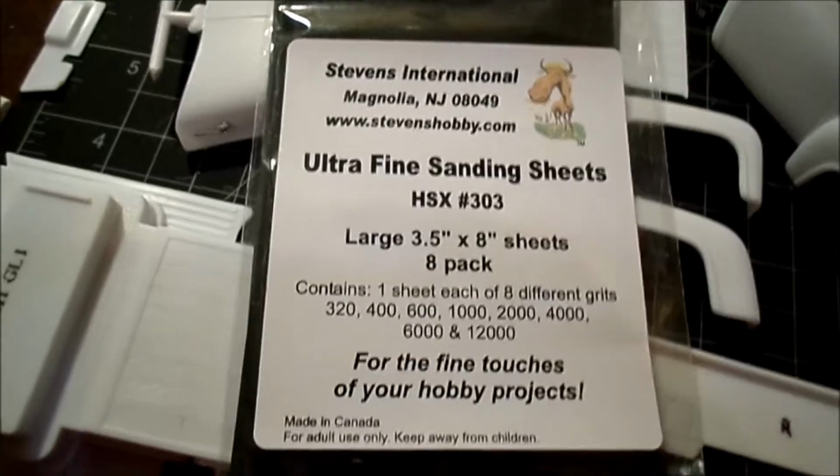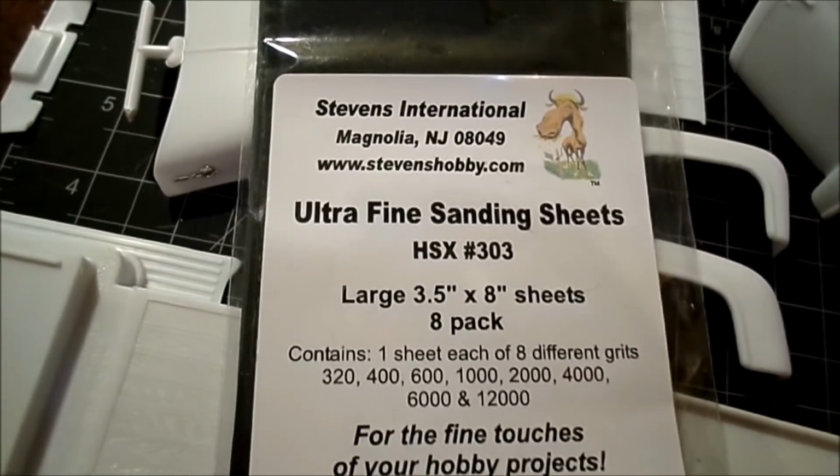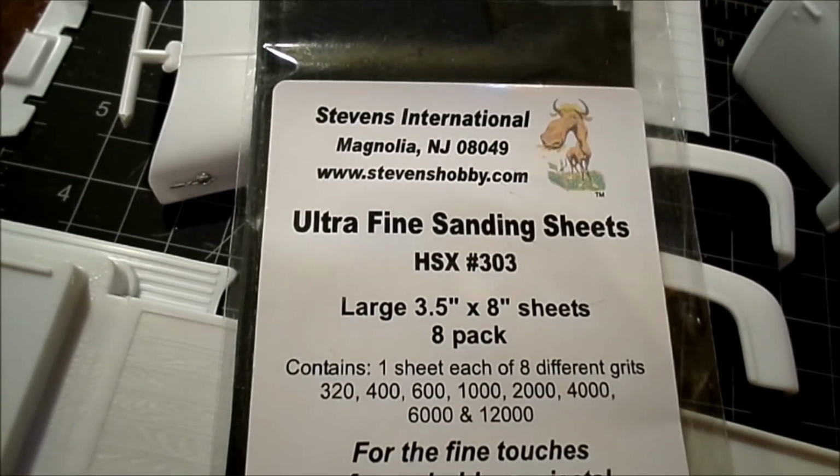Then from there, I'll go to a 600 grit. I just use small pieces. I'm cheap and a little anal. And this is the sandpaper that I'm using right now, dealing with this specific build: Stevens International ultrafine sanding sheets. I got this here from my